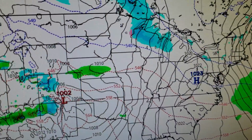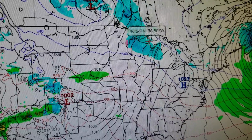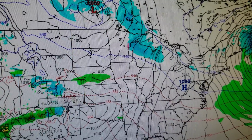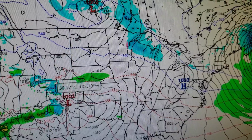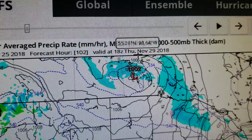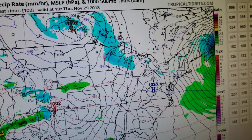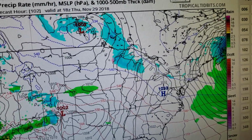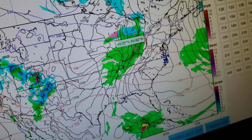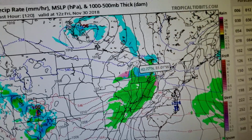Got some snow showers up to the north. Minnesota, Iowa, we got some rain, a little snow, another little low pressure building out here to the west. Now, if you look at the time frame up here, we're talking Thursday, November 29th at 6 o'clock. So I'm going to progress this a little bit more. We're going to have some light showers break out in here probably around Friday the 30th, a week from Friday,